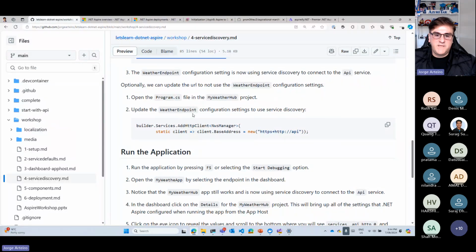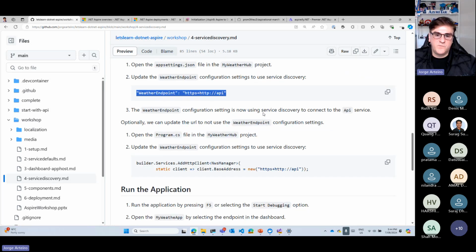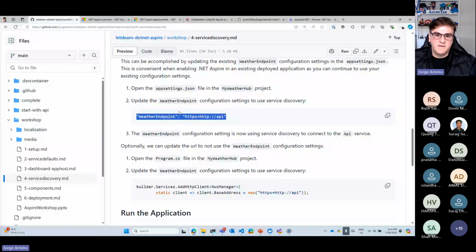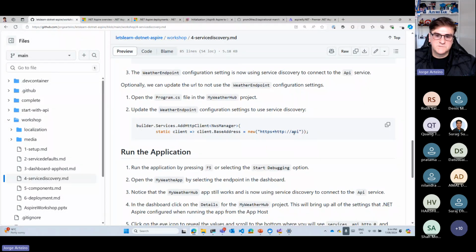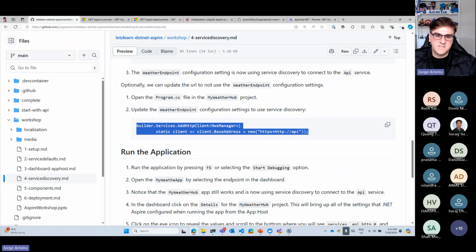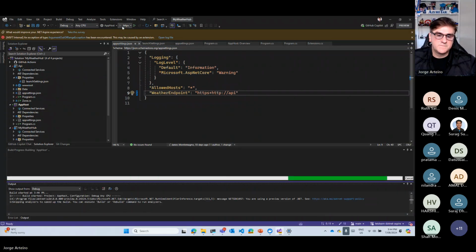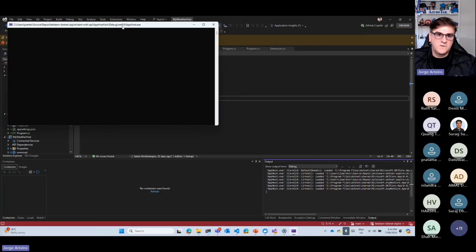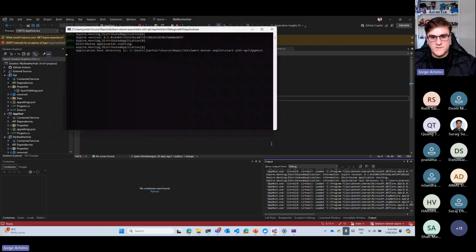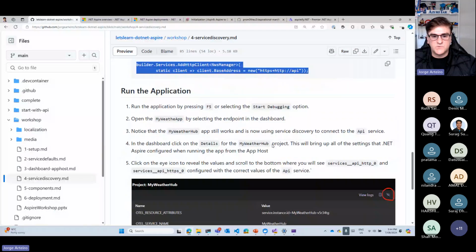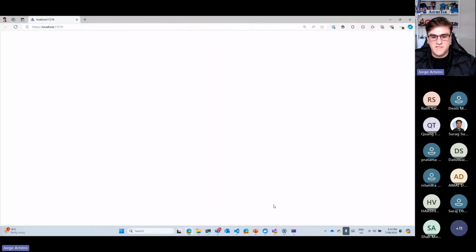We can update the configuration on the client as well, optionally, if you want. If you don't want to do it this way here in the app settings, you can also do it in the code. That's two ways that you can do it. Let's try like that. That should be enough. I'm doing it in the app settings, but you could do it in code as well if you want. Then I keep the app host and I start again. And in the meantime, what are they expecting us to see? They're expecting us to see now the injected